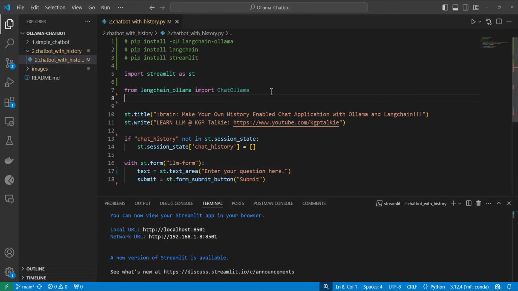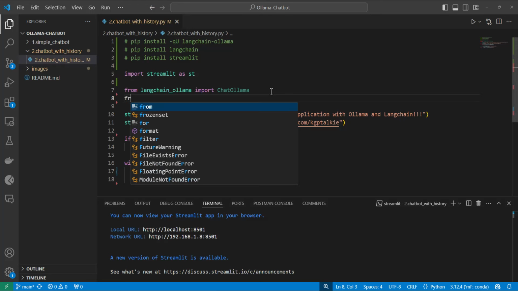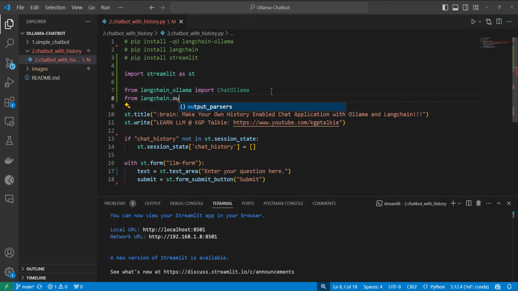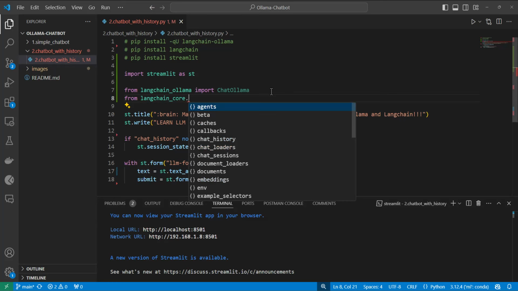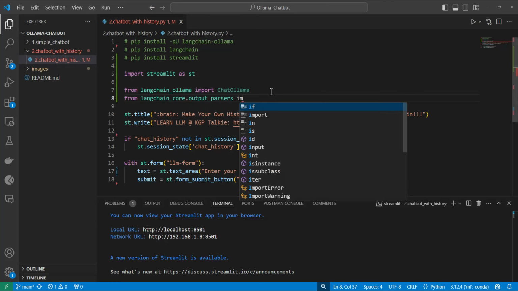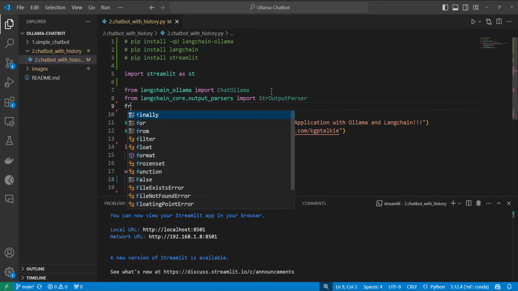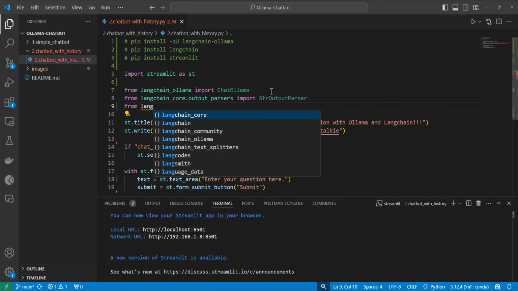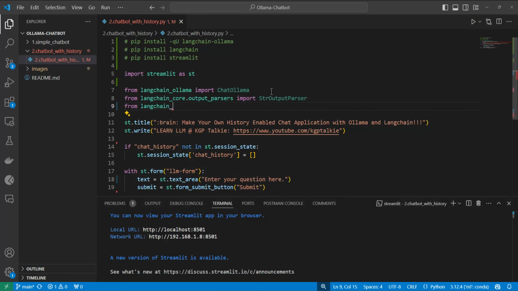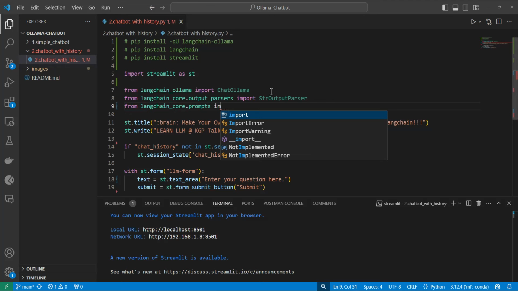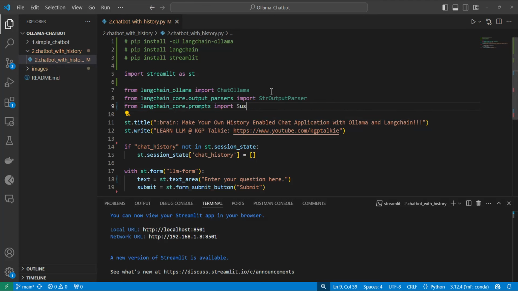Thereafter, I need to make sure that our output is parsed as string data. So I write here from langchain_core.output_parsers import StrOutputParser. Thereafter, I write here from langchain_core.prompts and then import